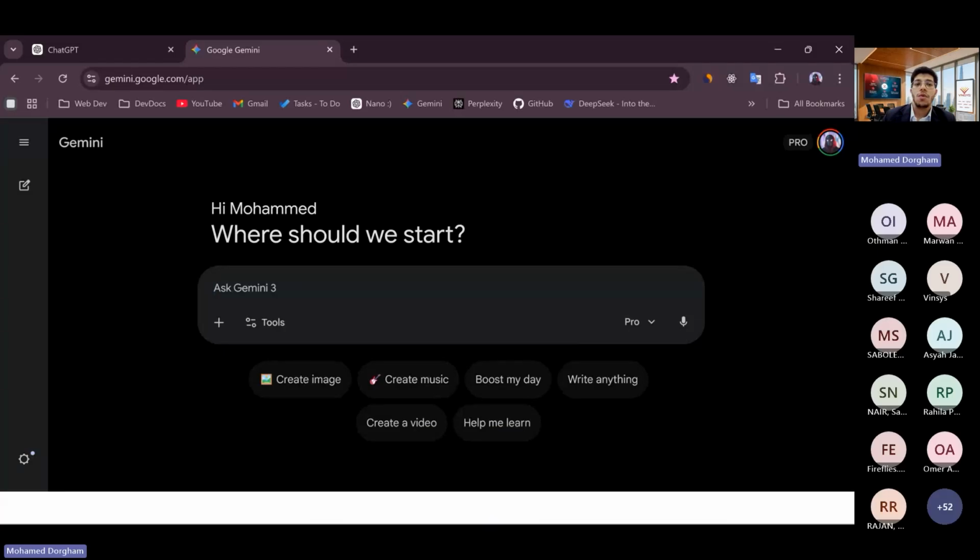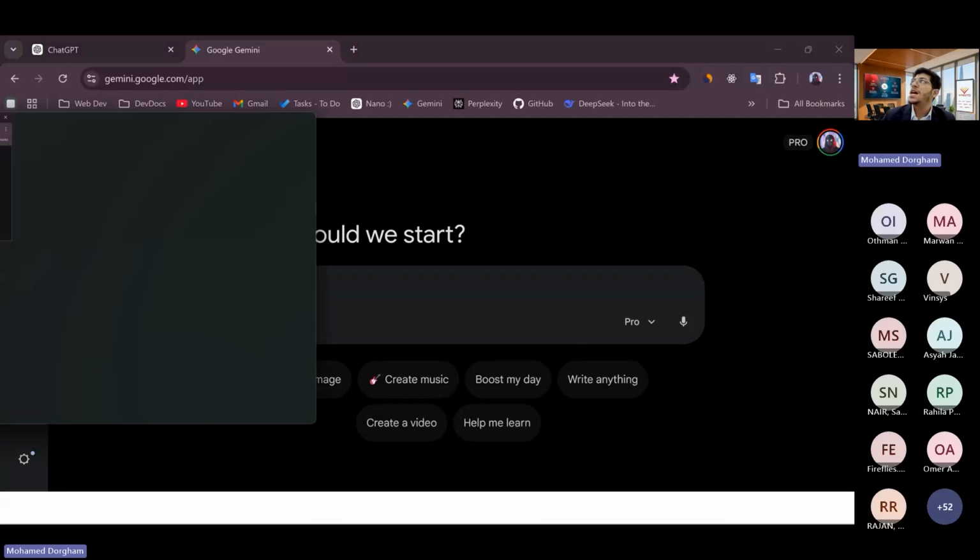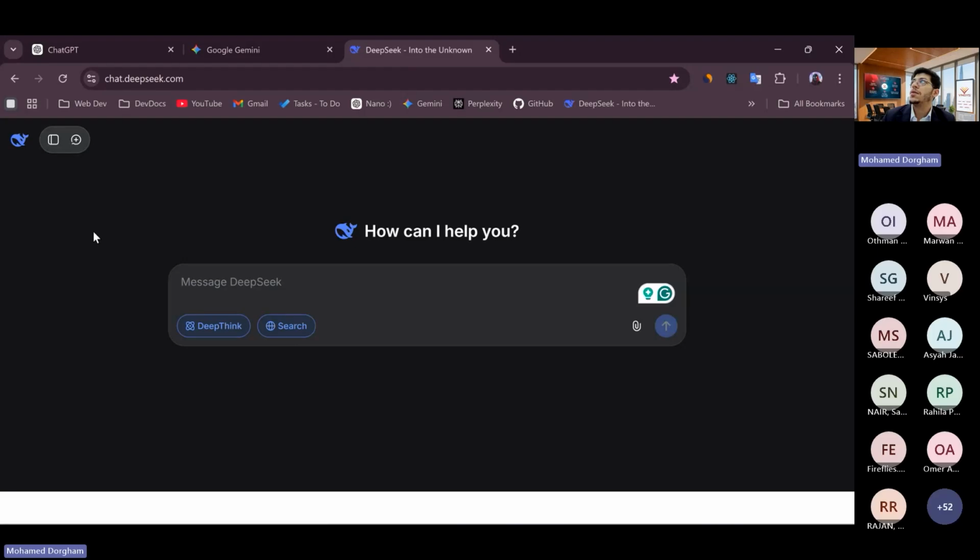Now let's look again at another type of AI, which is DeepSeek. Let's see who uses DeepSeek also in a regular way. If you used DeepSeek before, you can drop a chat about your experience with DeepSeek. Do you think DeepSeek is a good AI system or a normal AI system?